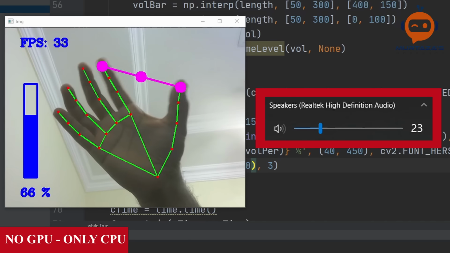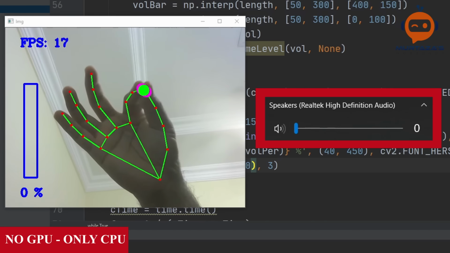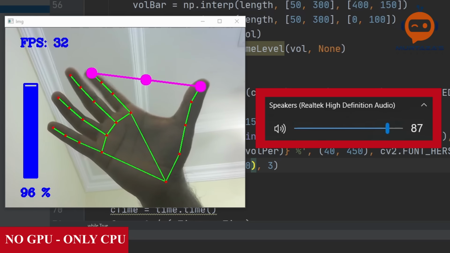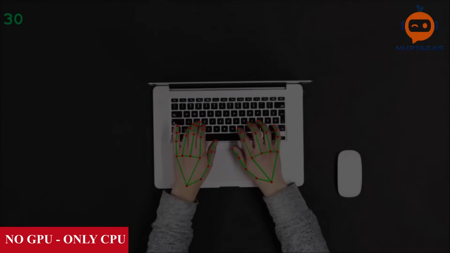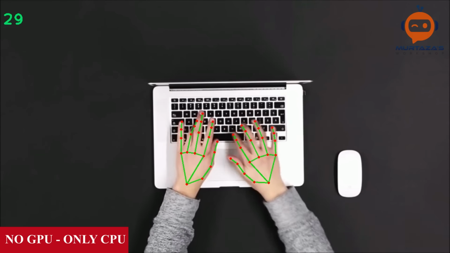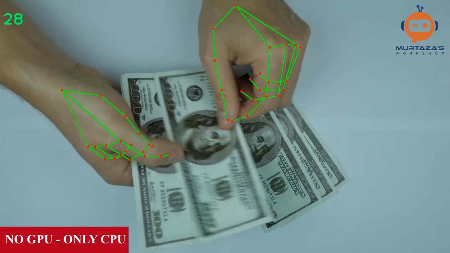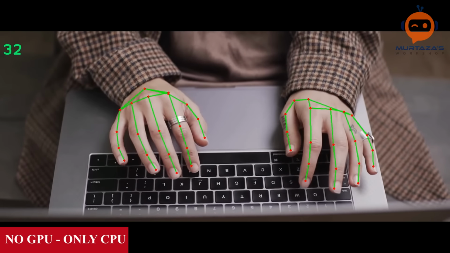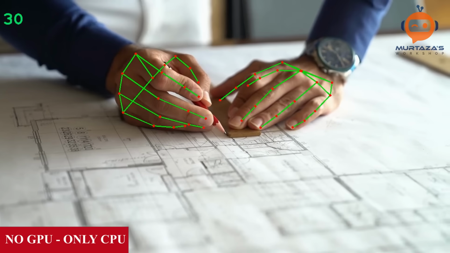In this video, we are going to learn how to use gesture control to change the volume of a computer. We will first look into hand tracking and then we will use the hand landmarks to find the gesture of our hand to change the volume. This project is module based, which means we will be using a previously created hand module which makes the hand